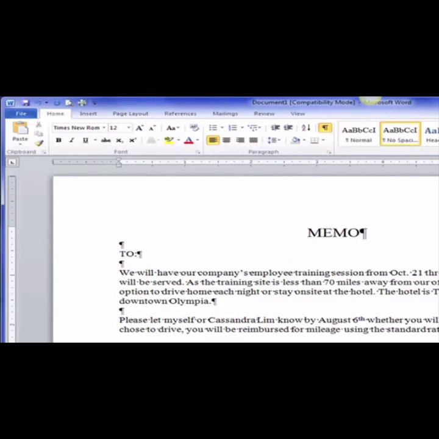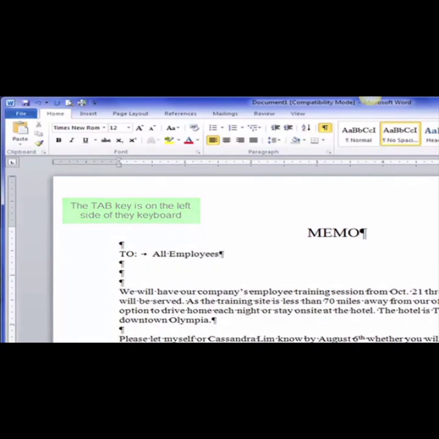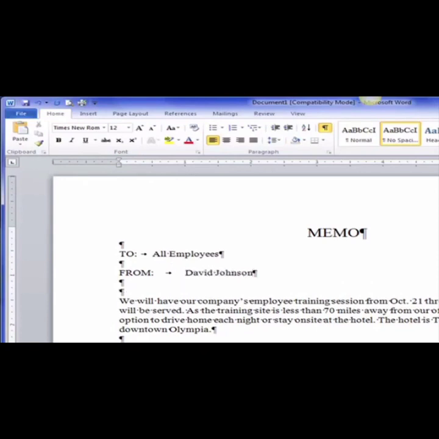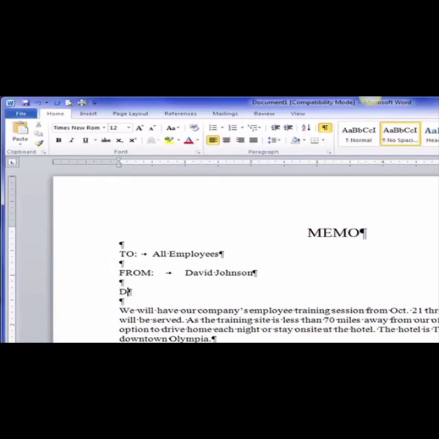So I'm going to use my caps lock in this case, TO, and I'm going to hit the tab key, all employees, FROM, tab. Now I'm using the tab key. Now you can see that these two aren't lining up, so I'm going to have a problem. David Johnson, enter, enter. I'm leaving a blank space between all of the